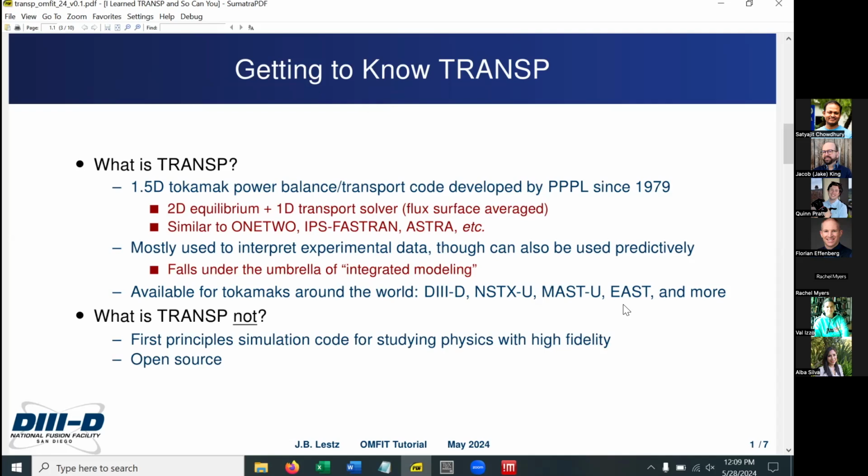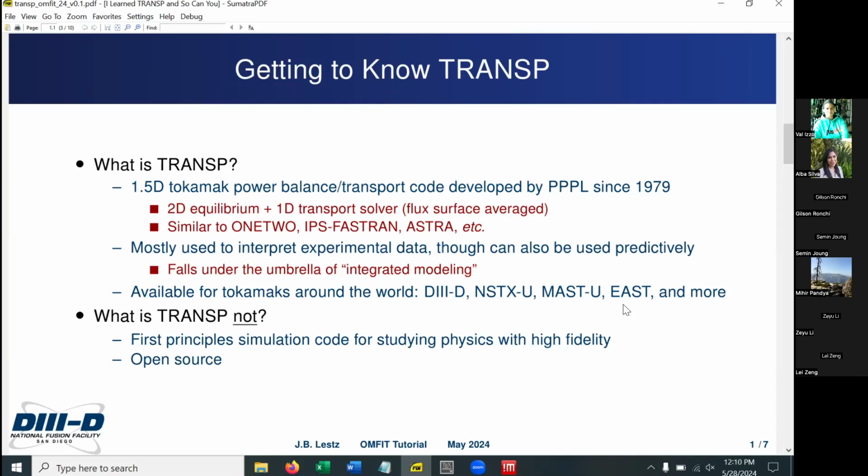But also, it's important to know what Transp is not. It is not a high fidelity first principle simulation code. So if you want to know really what's the secret of ELMs, probably Transp isn't the thing to use for that. The other thing that Transp is not, it's not open source. So it's totally controlled by PPL. You can't look at or touch the source code,